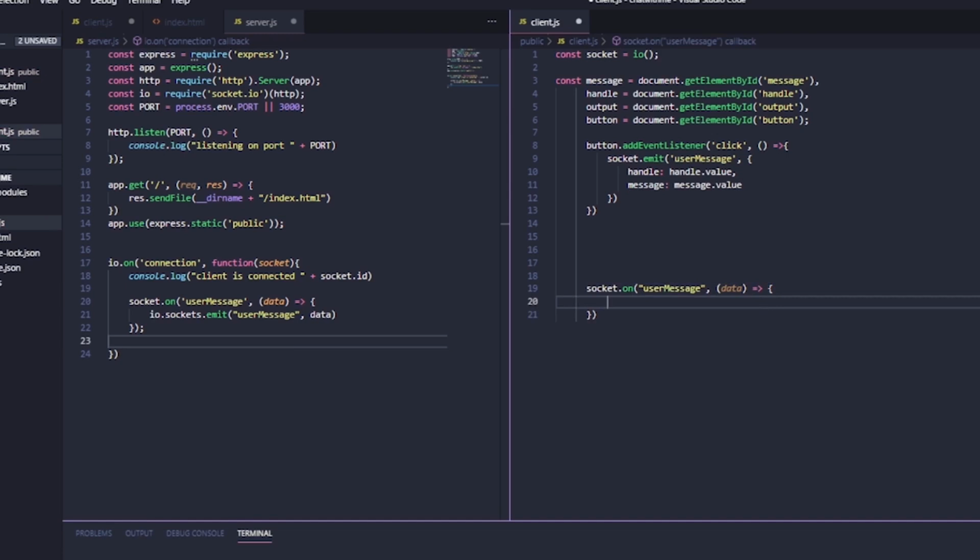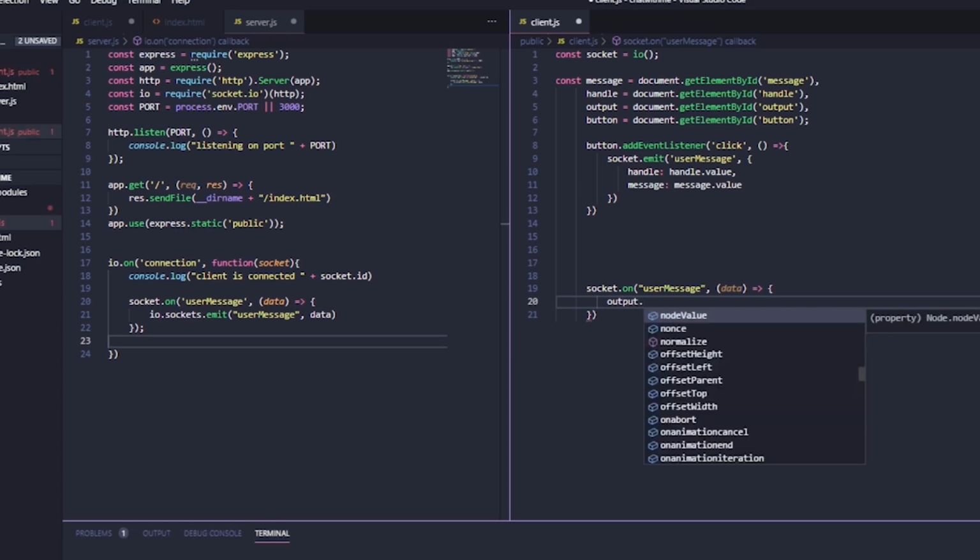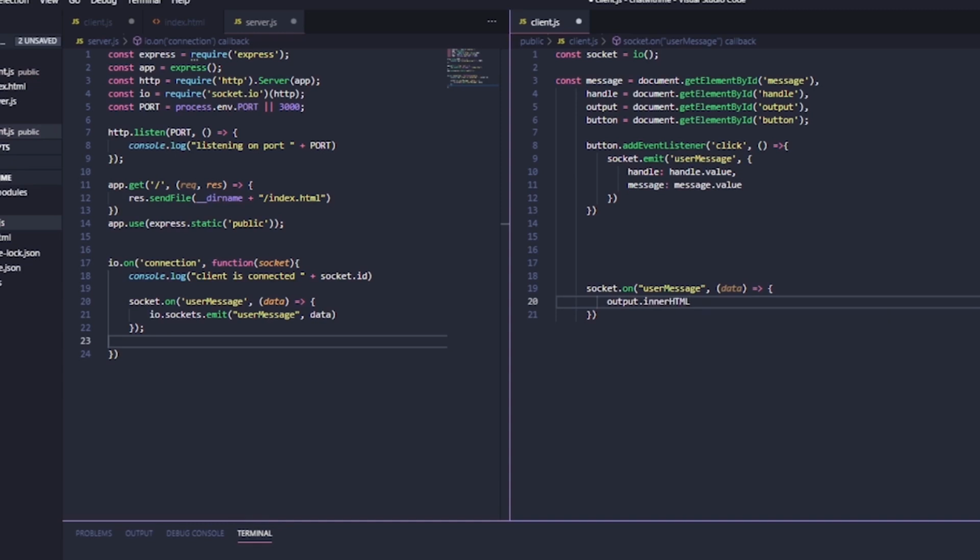So what we're going to do is we're going to create the elements and the tags for that. So we're going to grab our output element because there's nothing there, and we're going to put something there, which is our text. So we're going to say output.innerHTML plus equals,